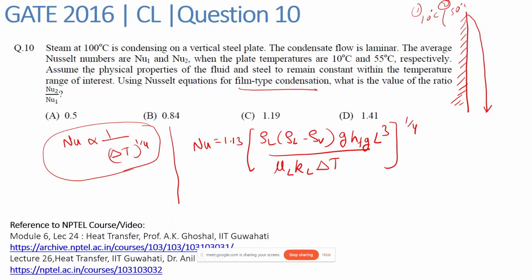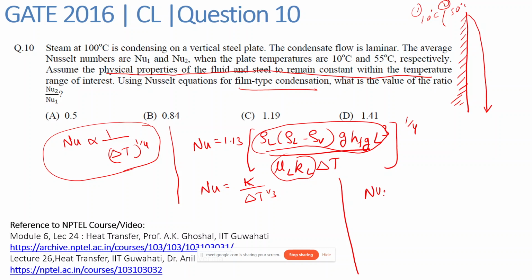And in this question we have been given that the physical properties of the fluid and steel remain constant within the temperature range of interest. So ultimately all these parameters will remain constant. So we write this as Nusselt's number is equal to K upon delta T raised to 1 by 4, where K is my proportionality constant. So now for both the cases we can write that Nu2 upon Nu1 is equal to delta T1 upon delta T2 raised to 1 by 4,